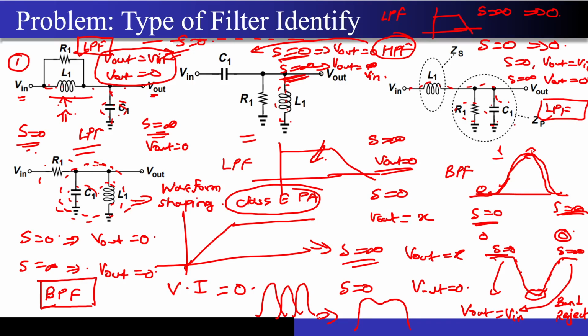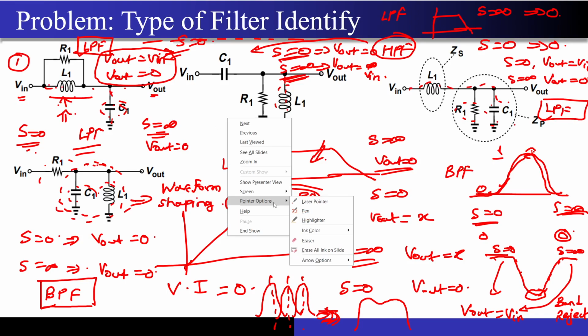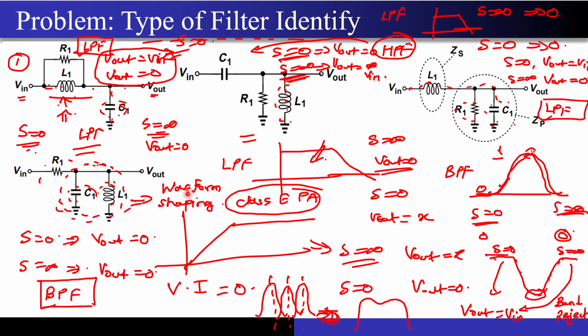So this is what I was talking about. You combine multiple resonances, right? You combine multiple resonances to create a response which is wide band in nature. So just go and refer to the reference, that is the RF microelectronics power amplifier chapter, and see how this circuit is being used over there, right?